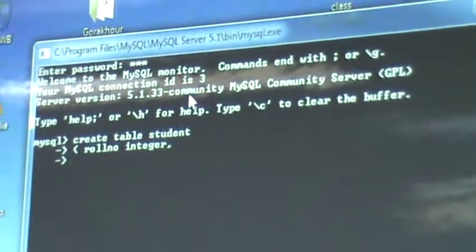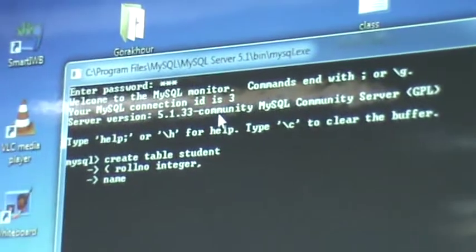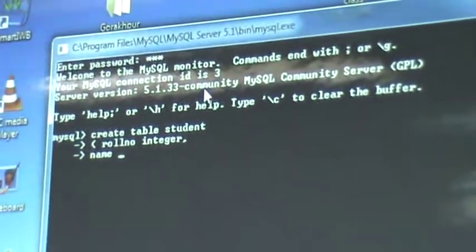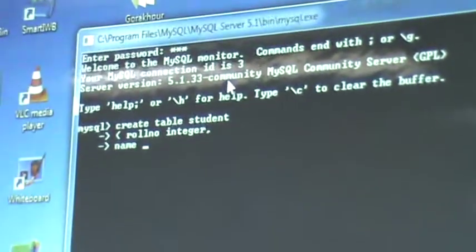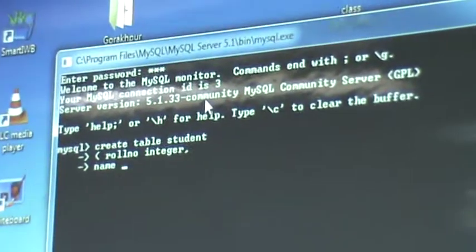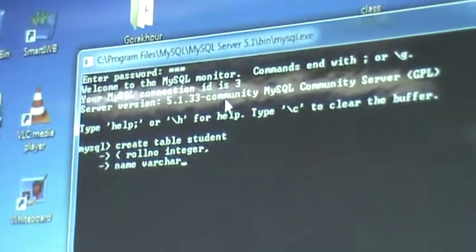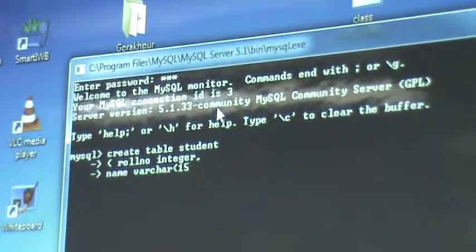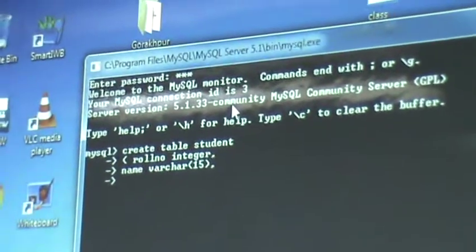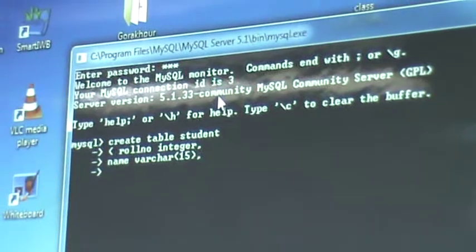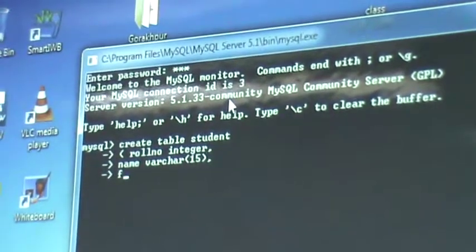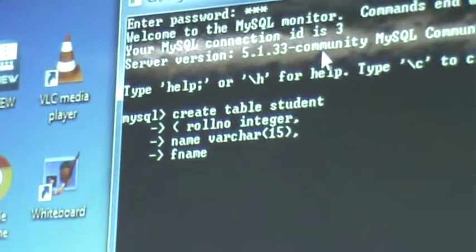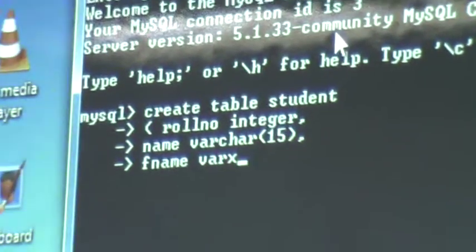Name. The name should be either character type or variable character type. So varchar, suppose 15. Again comma. Next, father's name, F name, again varchar.